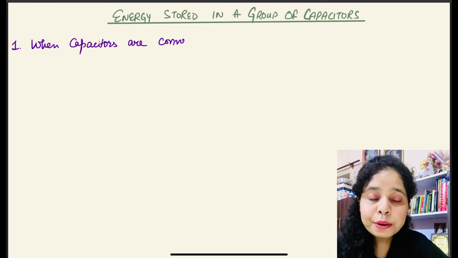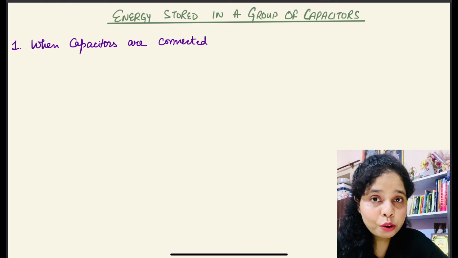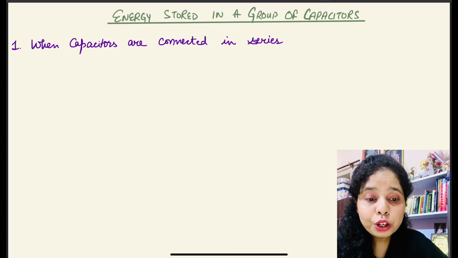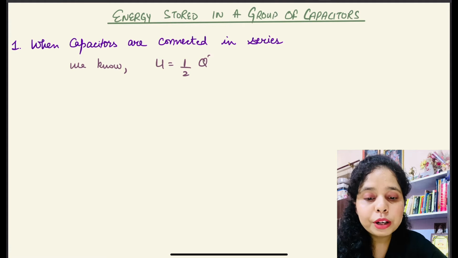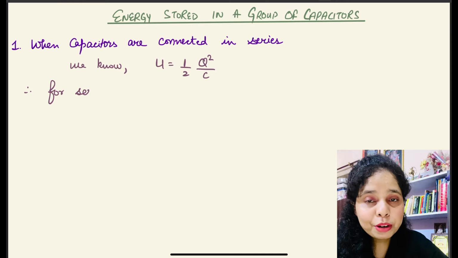in series. So we have already derived the formula for energy stored in the capacitors in the previous lecture. That is, we know U is equal to 1 by 2 Q square by C. So this is the formula which we are having. And now for the series combination, we can rewrite this formula as